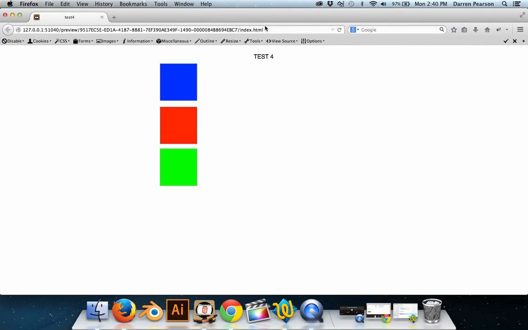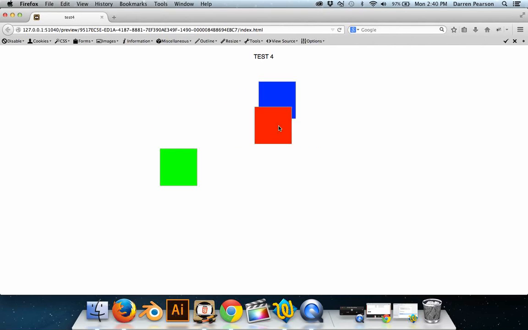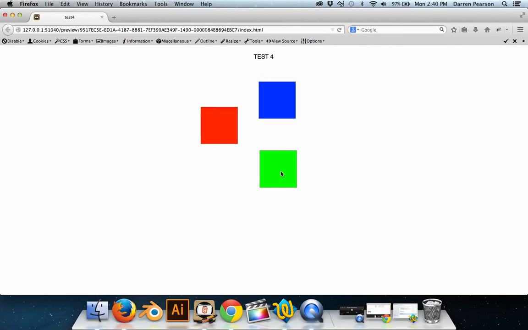Let me preview it in Firefox. There we go. If I click and drag on box 1, yep, he drags around. Woohoo! Box 2, I can only drag him left and right. I can't move him up and down. And box 3, I can drag him anywhere, but when I release him, you can see how he goes back